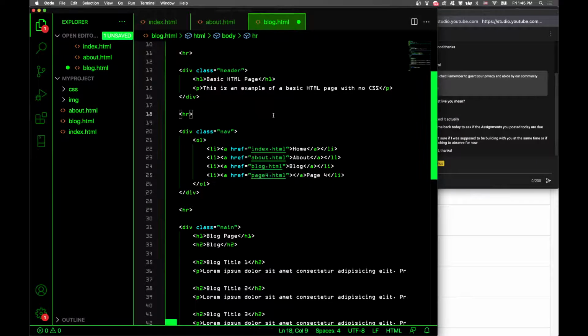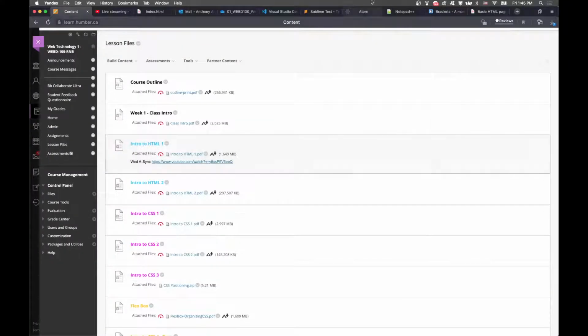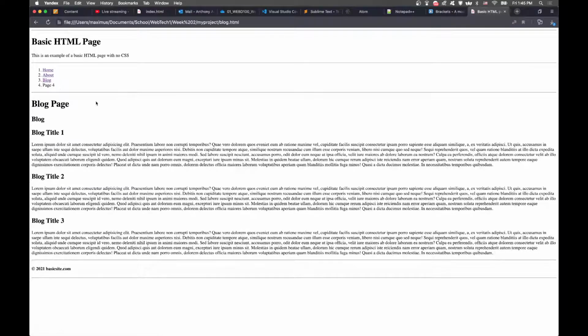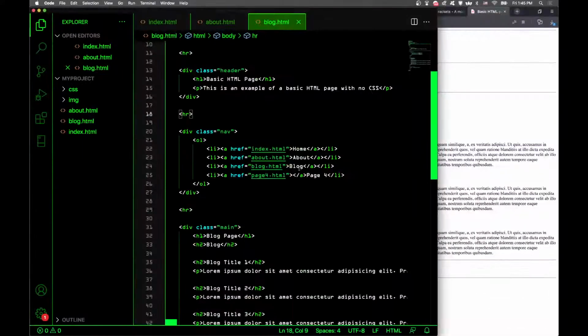You wouldn't want the home page to have 3 links, the about page to have 3 links, but this page to have 4 links. That doesn't make any sense. You want this link to appear on all of the other pages. So you have to remember to,